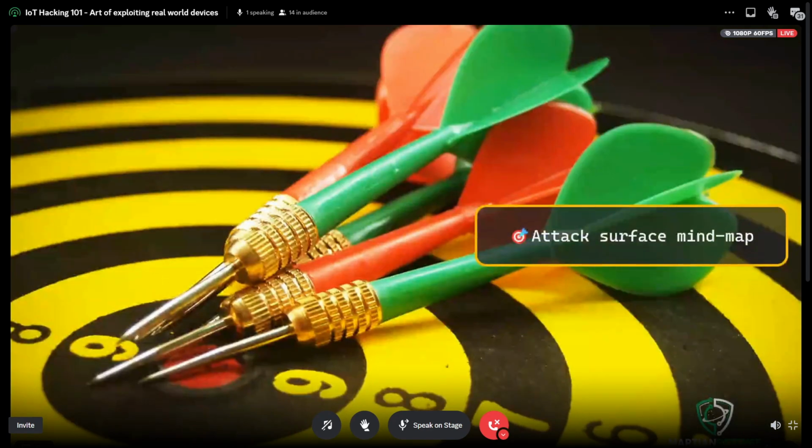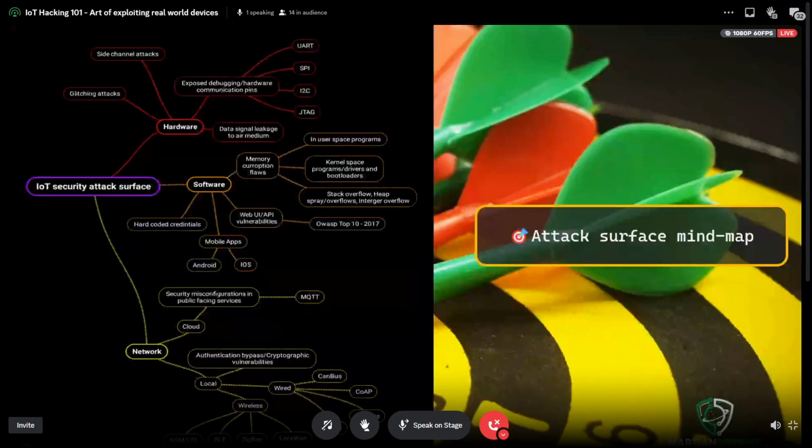So, the attack surface mind map. This was the mind map I created while I was working in India as an IT security researcher. You can see over here the attack vector is quite wide. We are not just talking about the software, we are also talking about the hardware and the network.